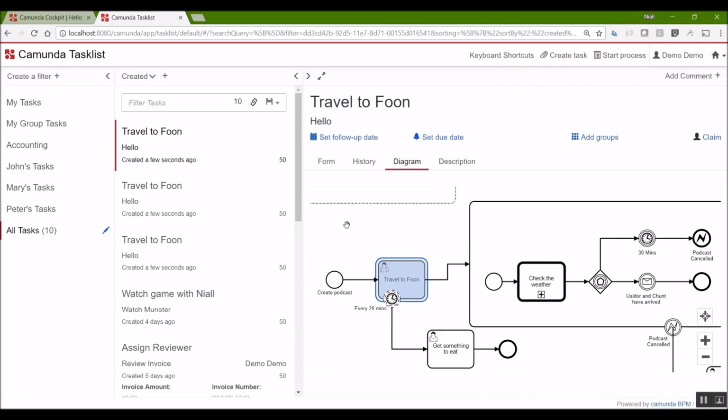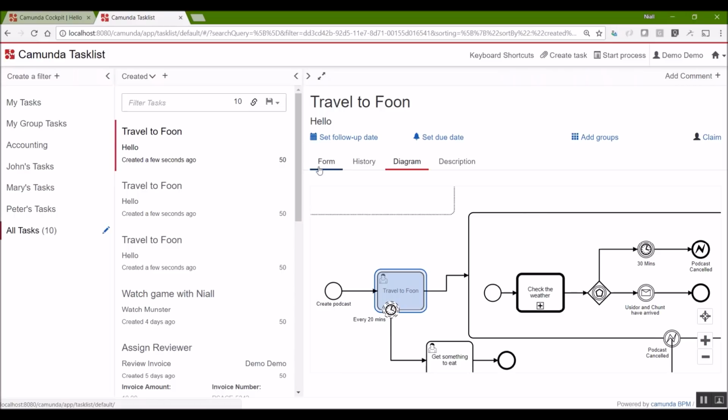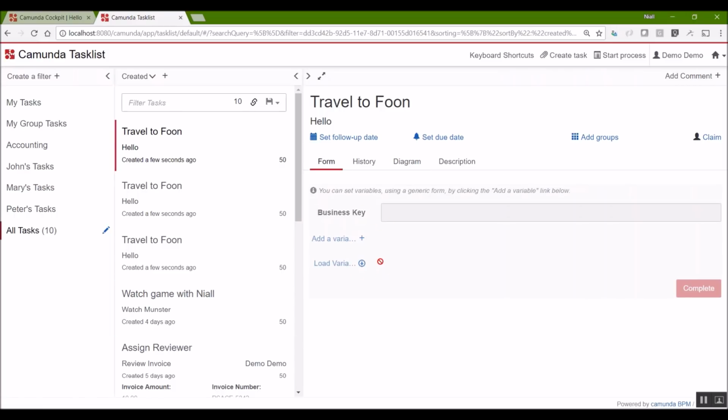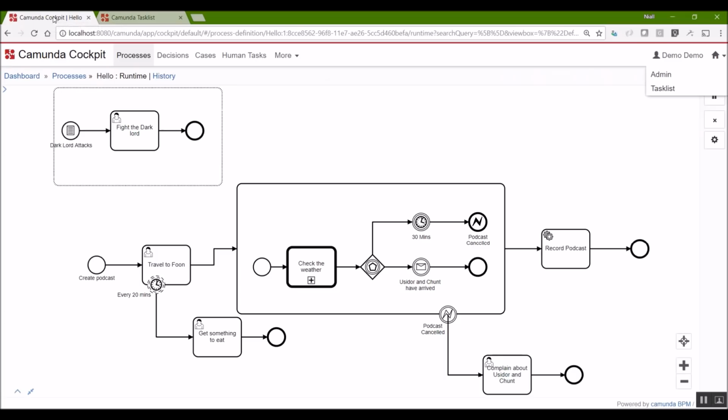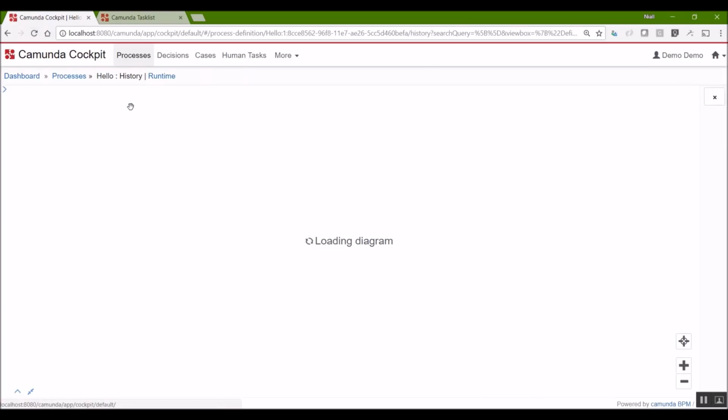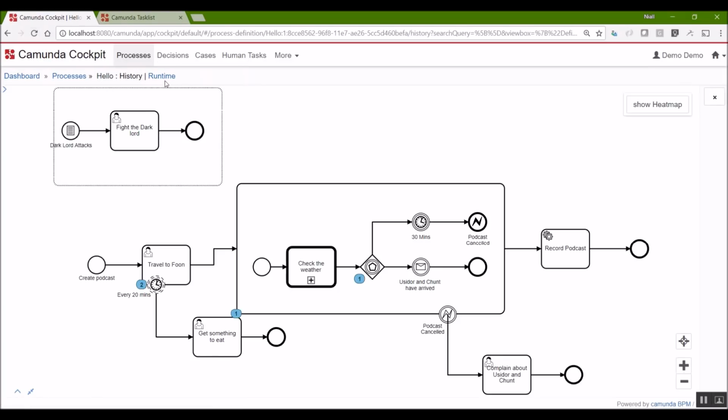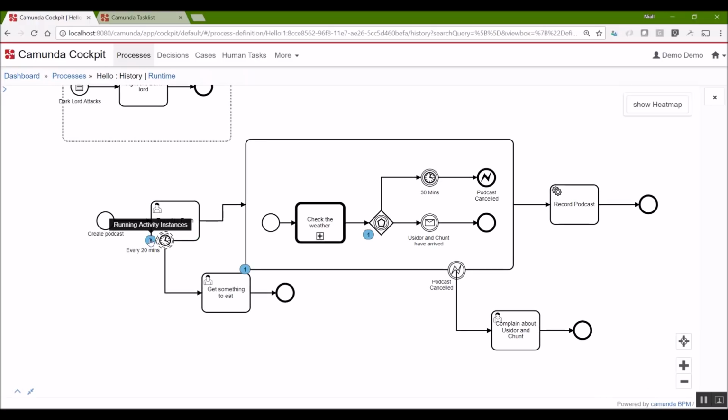Okay, and I think if we click on this form, this is a generic form that's generated if you don't define any UI. So I'm going to claim this form, which means it's now no longer read-only. I can now complete it. And I'm going to click complete. Okay. So now that's gone from the list. If we want to know what actually happened, of course, we have to go back to Cockpit and refresh this page. I've refreshed by clicking on history. So here we can see that we have 1 task waiting here. Sorry, 2 tasks are waiting here. We have one that has actually finished this and is inside the subprocess. So let's take a look at this in more detail.